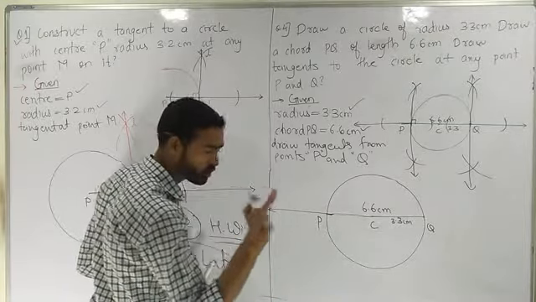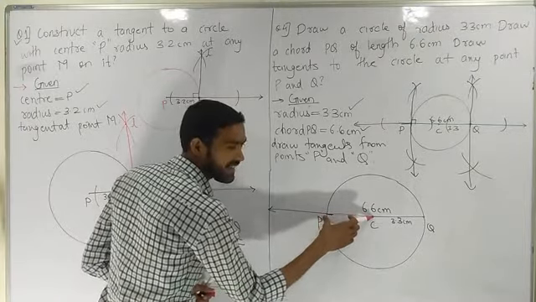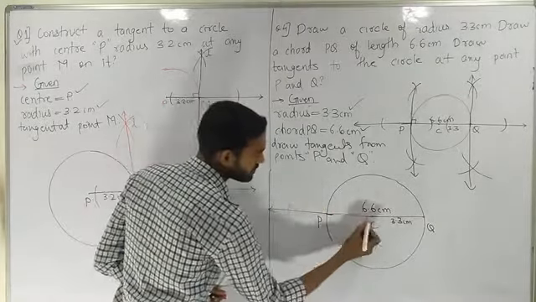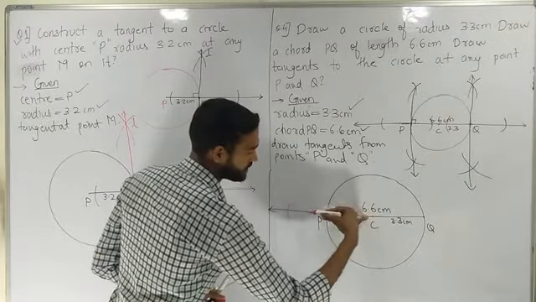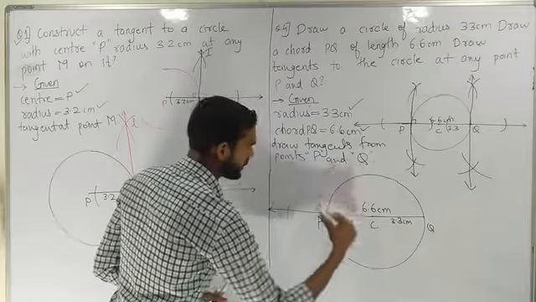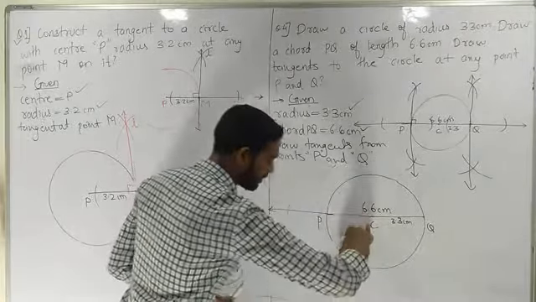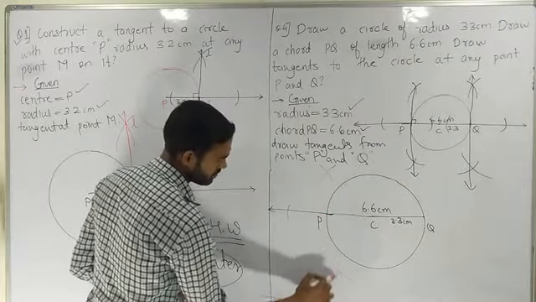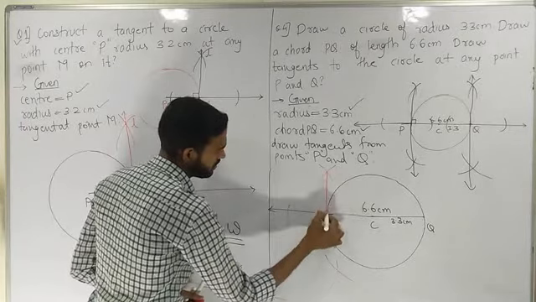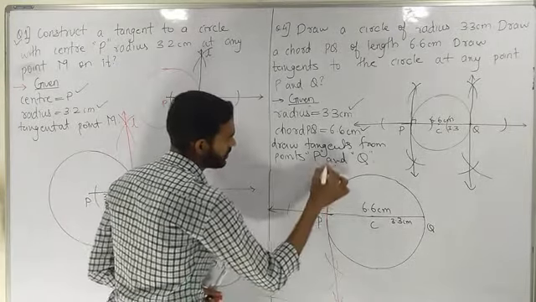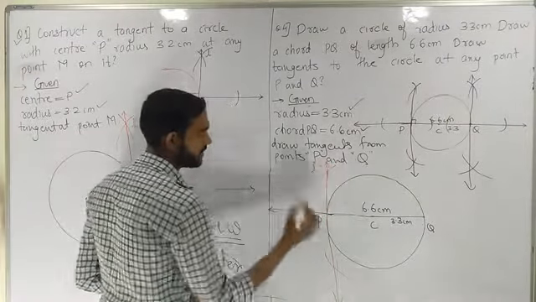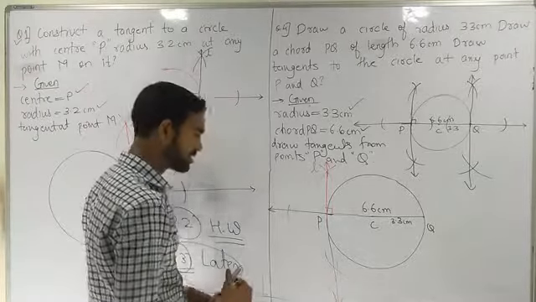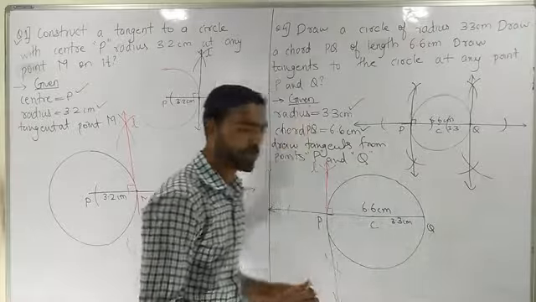Next step, I need to draw a tangent from P. So I'll keep my rounder at P, less than radius, 1 arc here. Same distance this side. Now I'm getting 2 arcs. So I'll keep my rounder on this arc, more than half. 1 arc up, 1 down. Now same distance from the other arc. This is a line L, and this will give you a perpendicular, and this line L becomes the tangent.